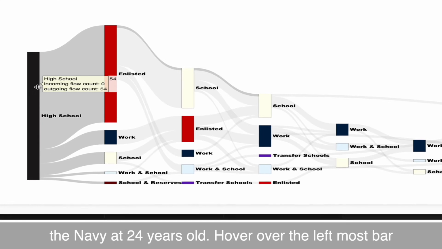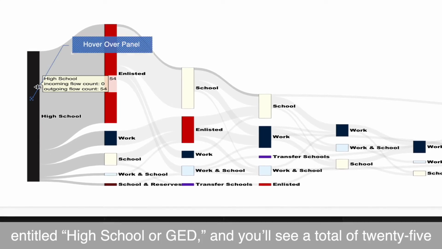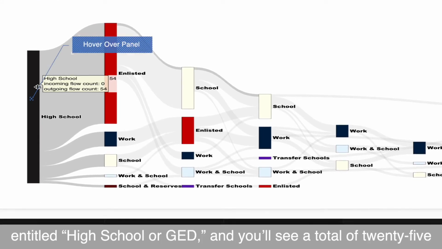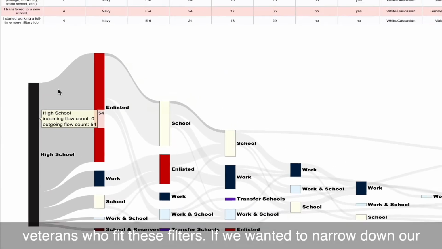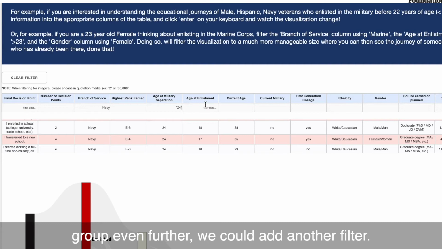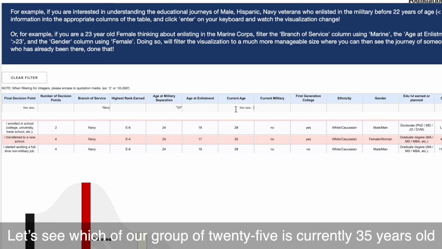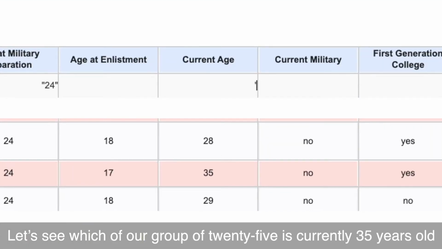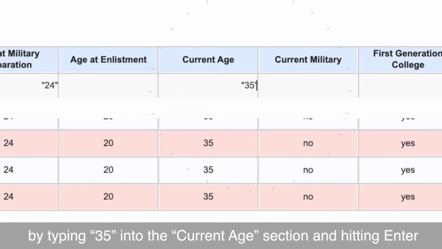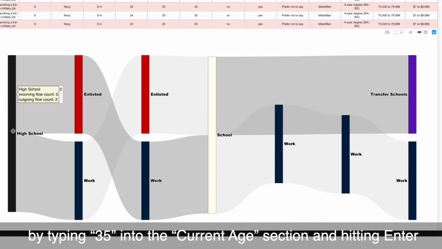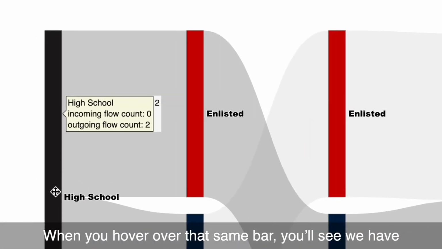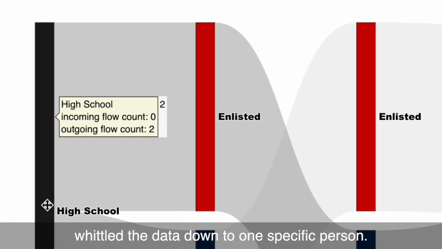Hover over the leftmost bar entitled High School or GED, and you'll see a total of 25 veterans who fit these filters. If we wanted to narrow down our group even further, we could add another filter. Let's see which of our group of 25 is currently 35 years old by typing 35 into the current age section and hitting Enter. When you hover over that same bar, you'll see we have whittled the data down to